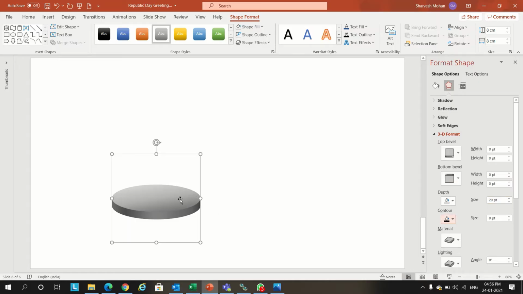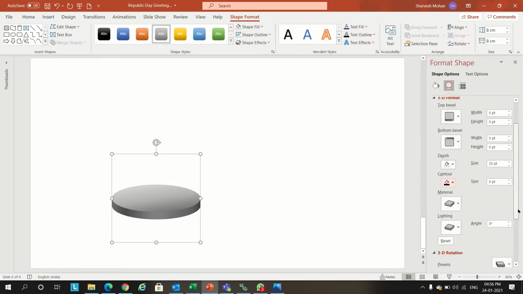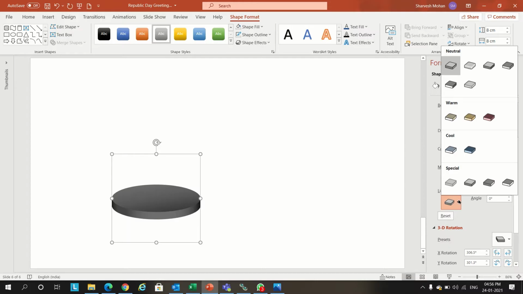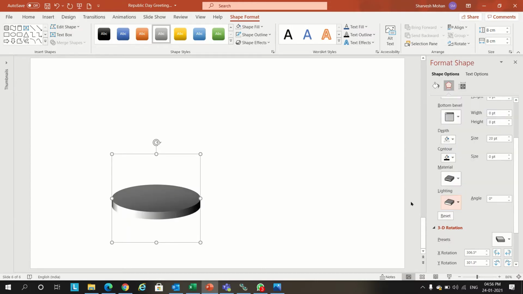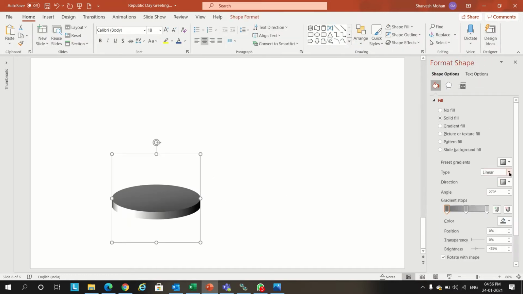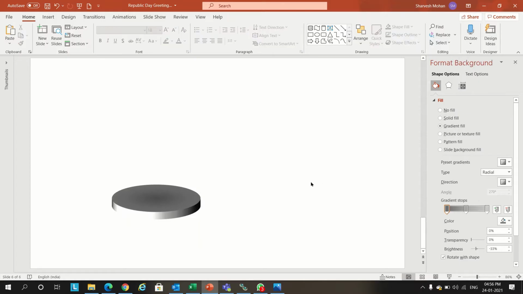So it will be like this, and we'll give some special effects. We may select this option, and for lighting effects, we may give this effect. So now we have created one shape, and we'll give gradient shape radial, and we'll put it in the center.